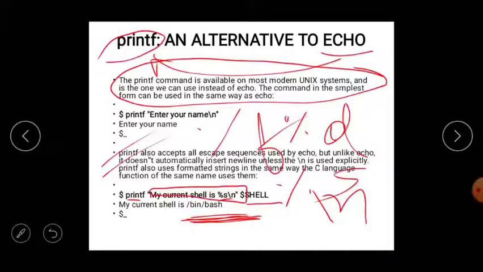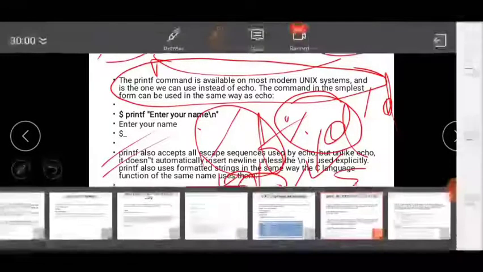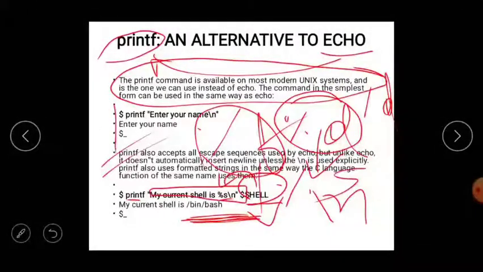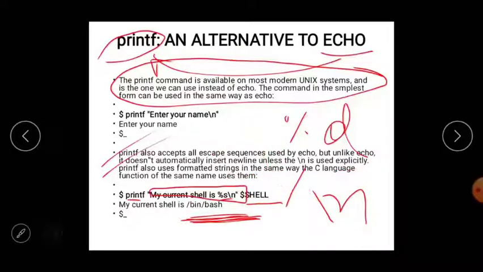These are the placeholders where the value will be placed, same as in our C program. %d is where we place an integer value, %f is where we place a floating value, and %s is where we place a string value. We use the same in the C program.